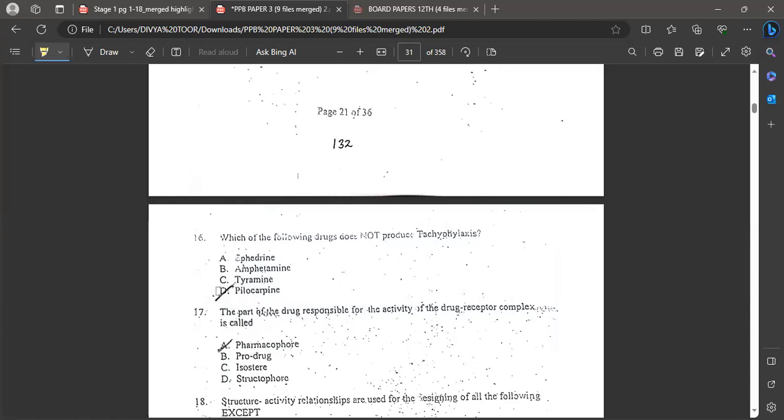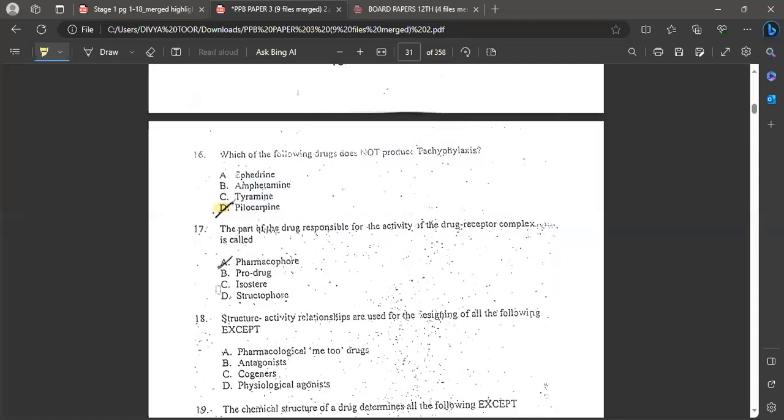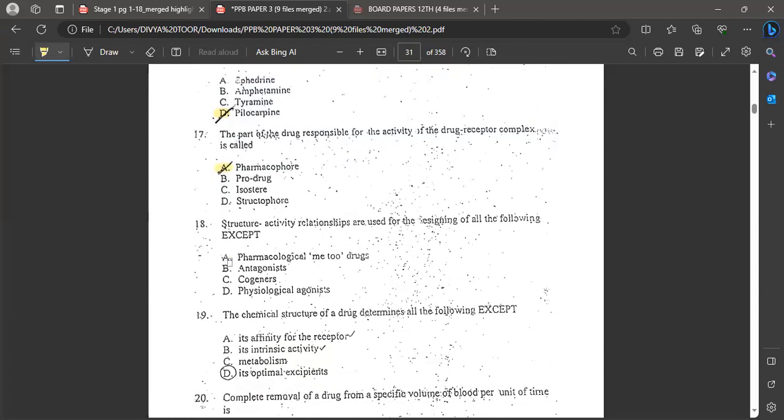Which part of the drug is responsible for the activity of the drug receptor complex? It is called the pharmacophore. Prodrug, isostere, and pharmacophore. Okay, structure activity relationships are used for designing all the following except: pharmacological me-too drugs,